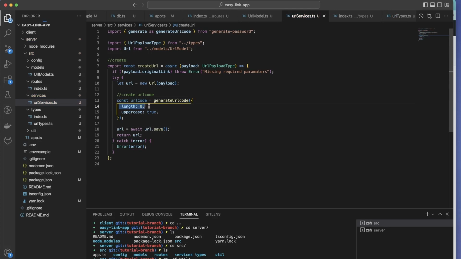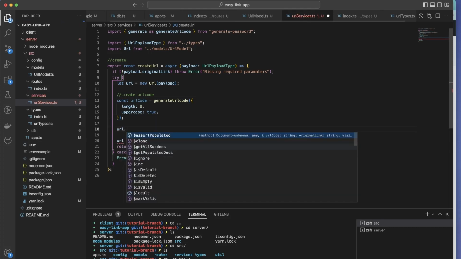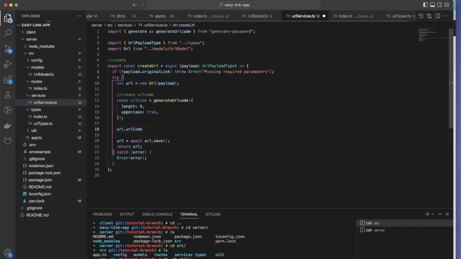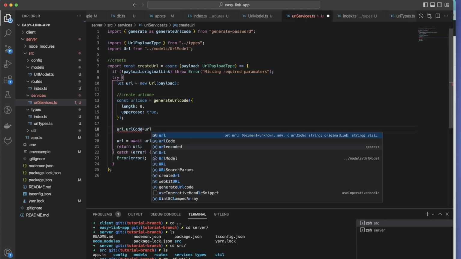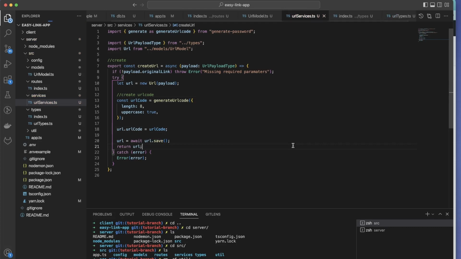Okay, so we have length and we can even have uppercase. So this is our URL code. And then what we do is we pass that URL code. So this way, for every request, we are creating a URL code and we are saving that. So I think this should do. With that, now you see why we needed this function, because we don't want to do all this thing